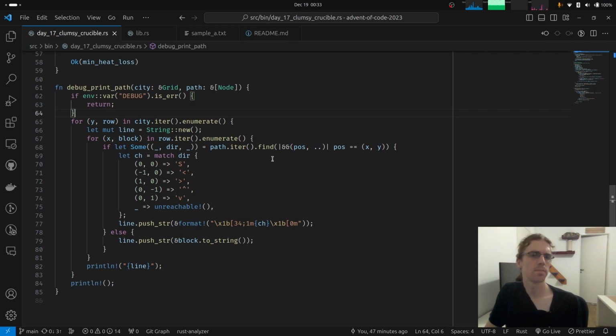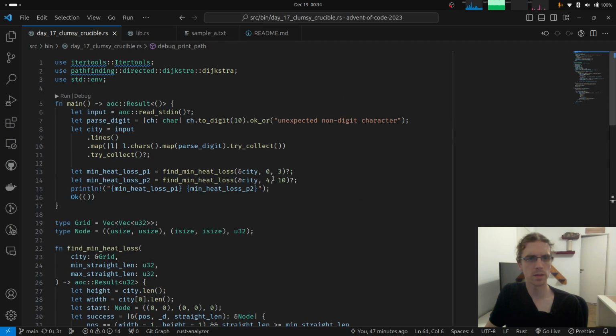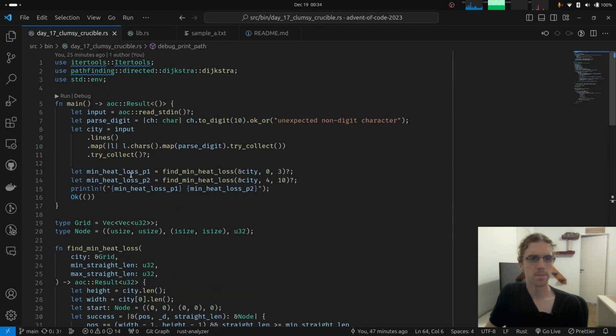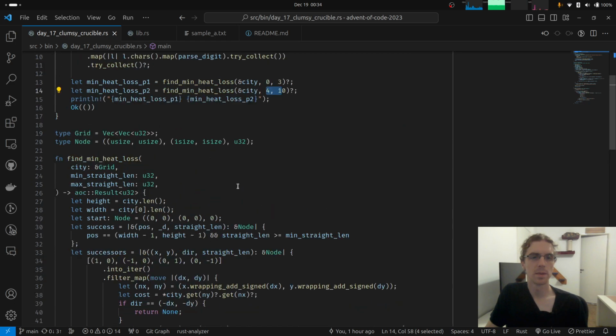But yeah, I think for now that's going to be it for day 17. I'm quite happy with the solution and how it looks now. Especially extracting part 1 and part 2 to be sort of generic and say, okay, these are the conditions for part 1 and the conditions for part 2. I think that was the best refactor.